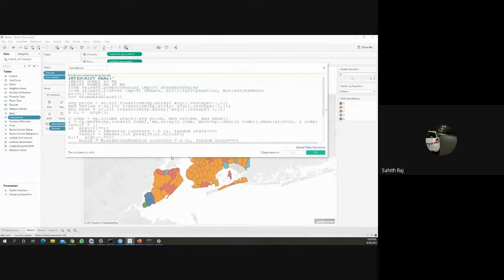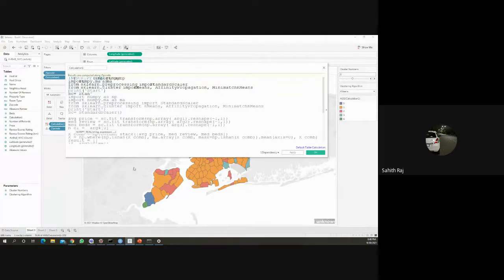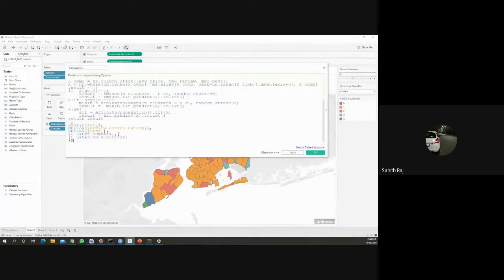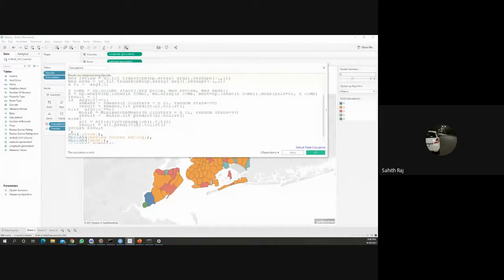This is a basic Python code wherein we have imported numpy and scikit-learn, and built a basic clustering technique with k-means, mini batch k-means, and affinity propagation.